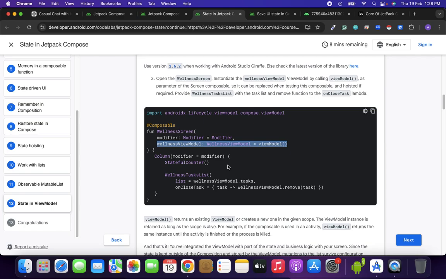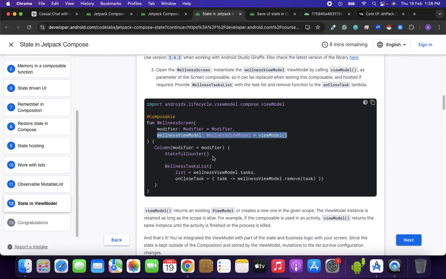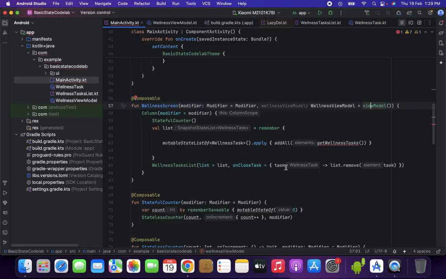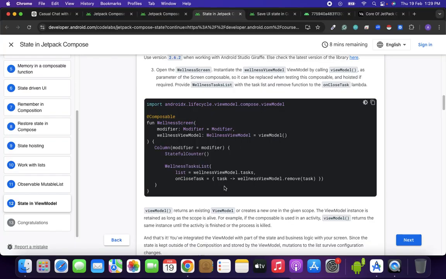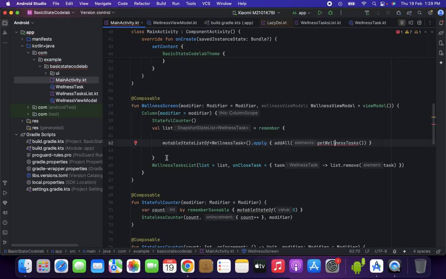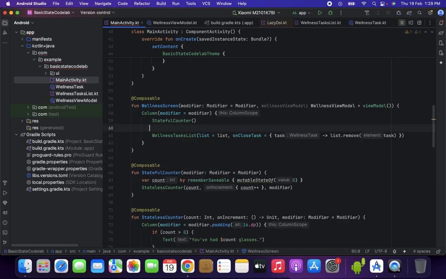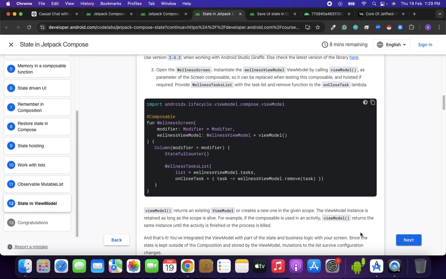Instantiate the wellness view model by calling viewModel, wellness screen to view model. So count, modifier, on close task, mutable state list of remember, state counter. So this has to be deleted. Remember is no longer needed. So the wellness task list is the task,